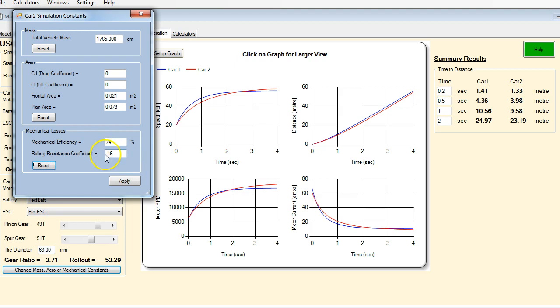This rolling resistance coefficient is basically a friction factor that applies regardless of RPM. It's just a constant loss in torque. The mechanical efficiency, on the other hand, applies directly to the torque. So you take 74% of whatever torque is developed by the motor, and that's how much gets applied to the wheels. So if we apply that,